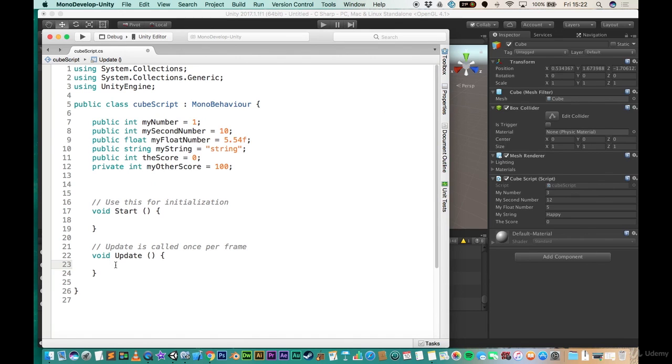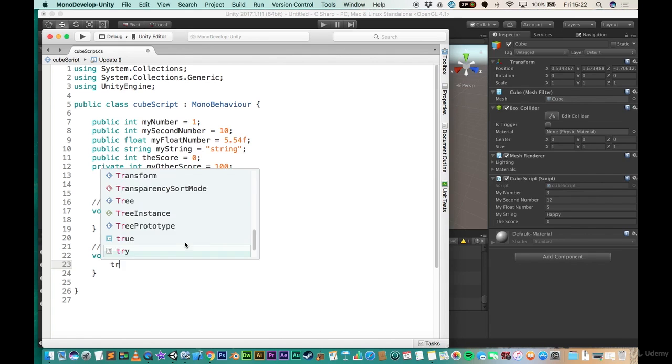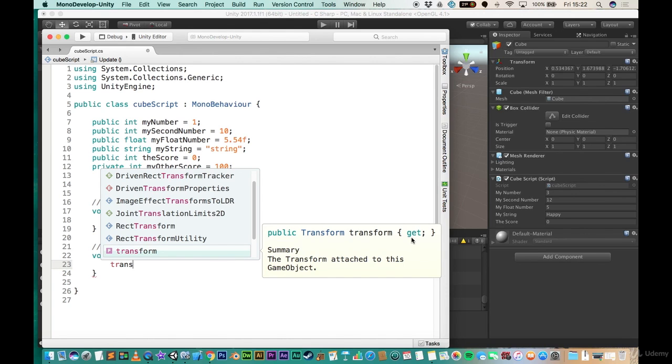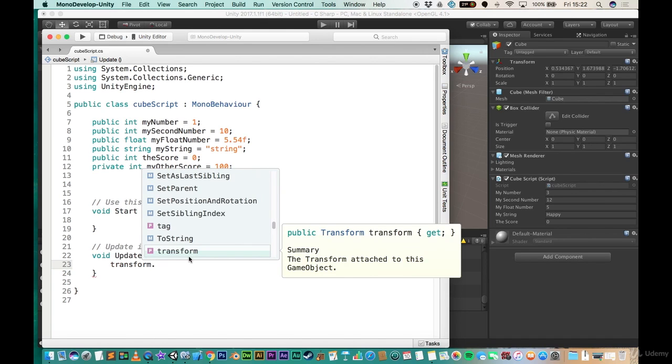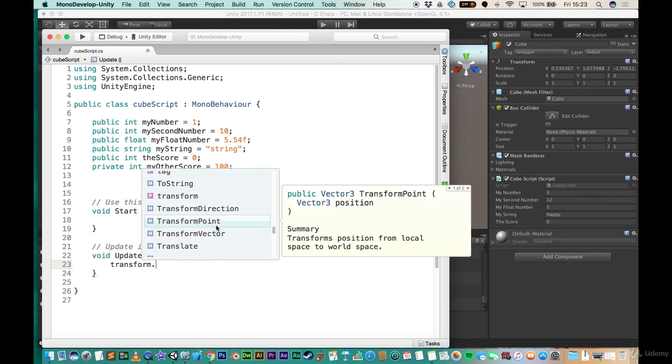On the update, remember this script is attached already to the cube, so it knows which game object I'm referring to. So all I have to do now is access the name of the component that I want to actually access. So if I wanted to access the transform, I would simply write transform, and look, it says that I can get the information of the transform attached to this game object. And then I can go inside with a dot and I can access the different things I want to actually